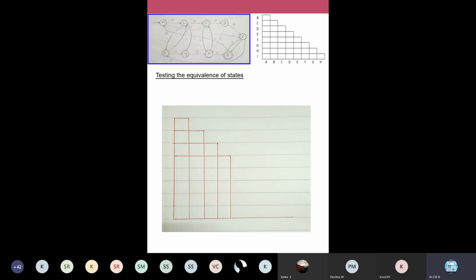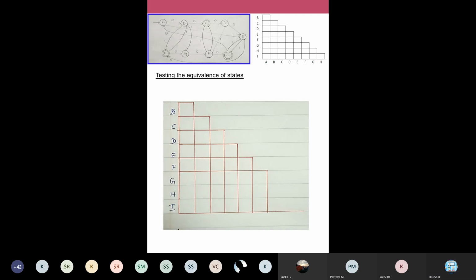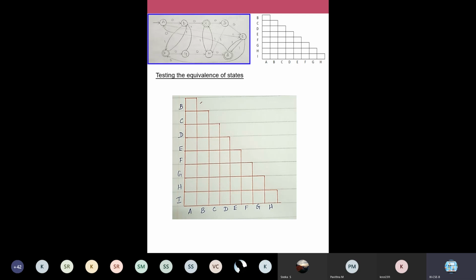Because some of you might find it difficult to construct this diagram, I'll give you a hint. First draw an L shape, a larger L shape covering 8 rows. Then draw a 7, just drawing line by line on top. Then you will get your part of the matrix, a diagonal-shaped matrix. Draw it as a 7, following that pattern, and write the state names.